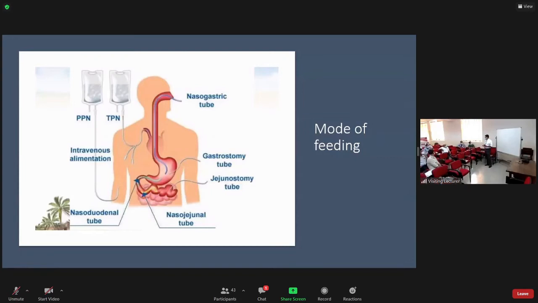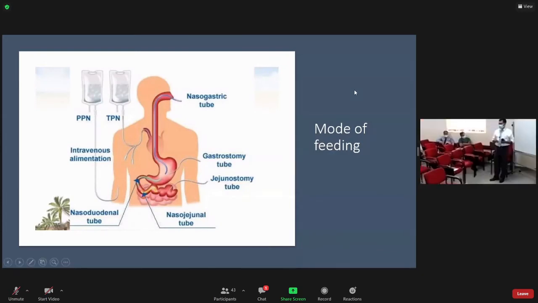They say that fistula must be the reason, isn't it? Semi-elemental is also not freely available. You have to do local ones. But at NHSL it is available. They have.